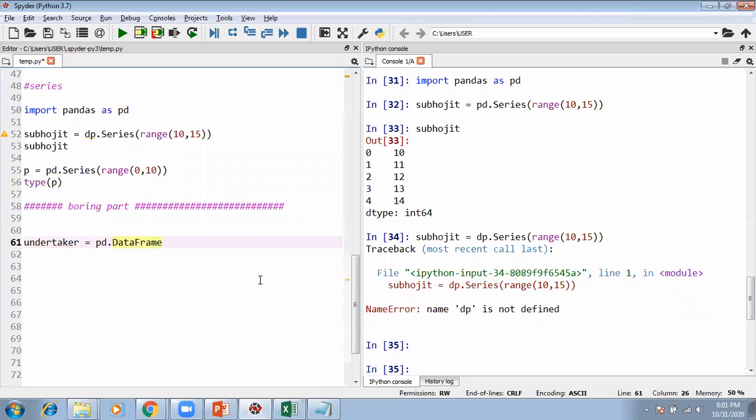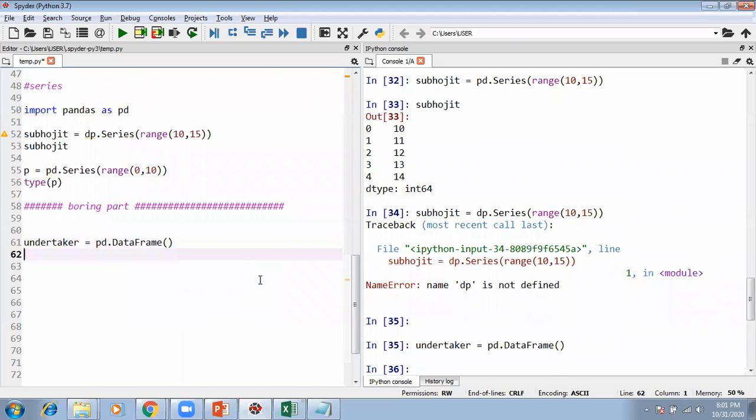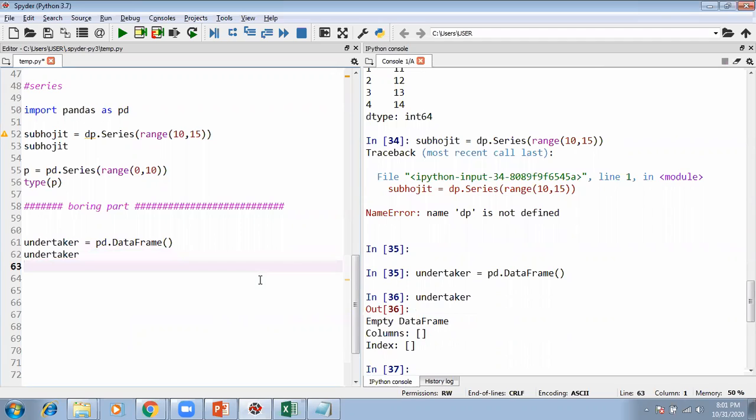Just open a bracket and close it. Nothing will happen. If I see what is Undertaker, it's going to be a blank data frame, no columns, no rows. Rows are called index in Python. Index means the rows. So there is nothing.